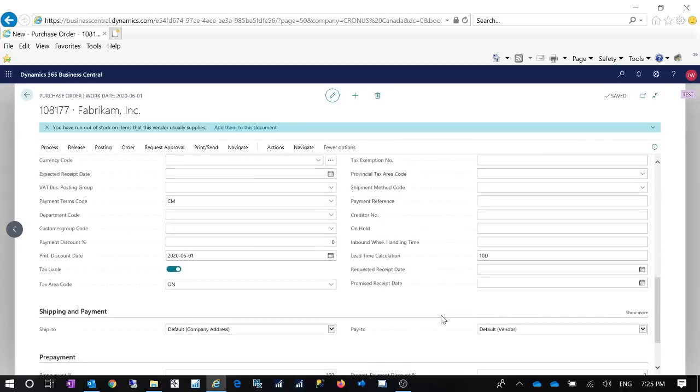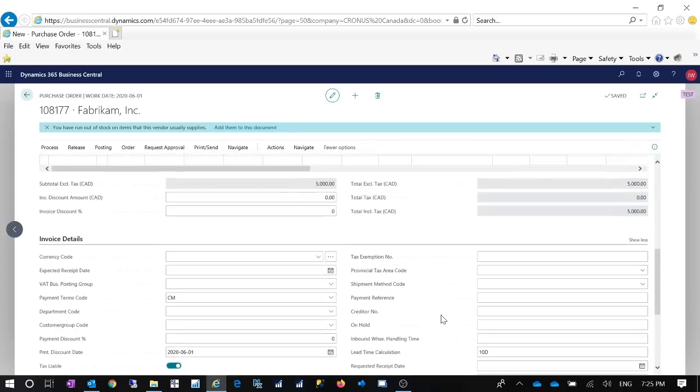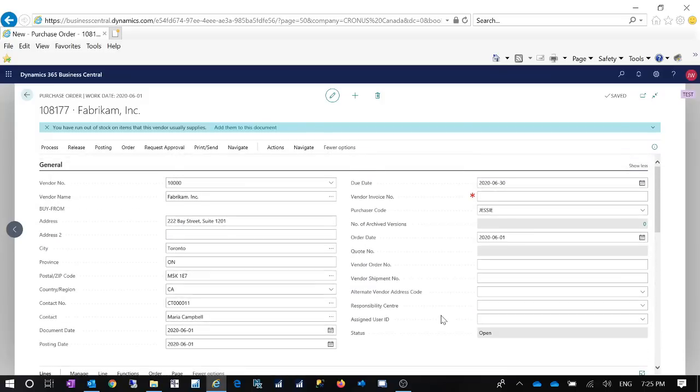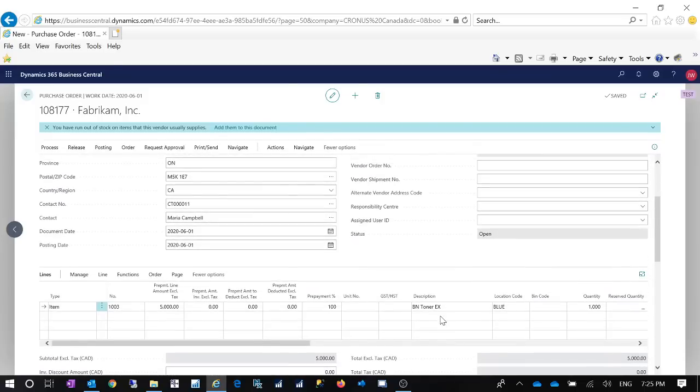Okay, so one of the problems my customer has is when they have this purchase order, they prepaid 100%. They may have multiple lines on the purchase order, and then when they receive the products, they find the products received are not what they ordered. So they have to enter a different product number, and the prepayment amount is preventing them from receiving the other item. For example, I have this first line, 1003, this item with a prepayment line amount,